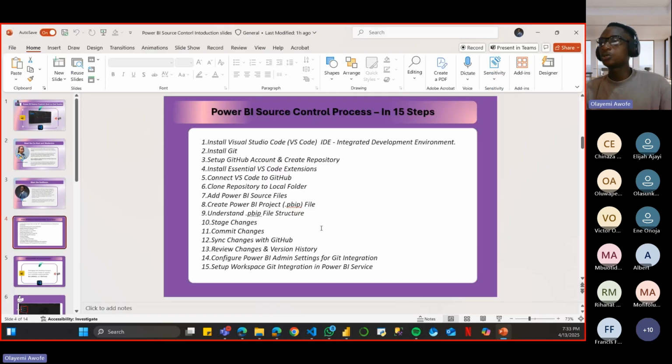So what we want to do next is I want to show us how we can set our Power BI to give us the permission to download or to save our file as a Power BI project file. What do I mean by Power BI project file? The one that most of us will be familiar with is the PBIX file, but now we have